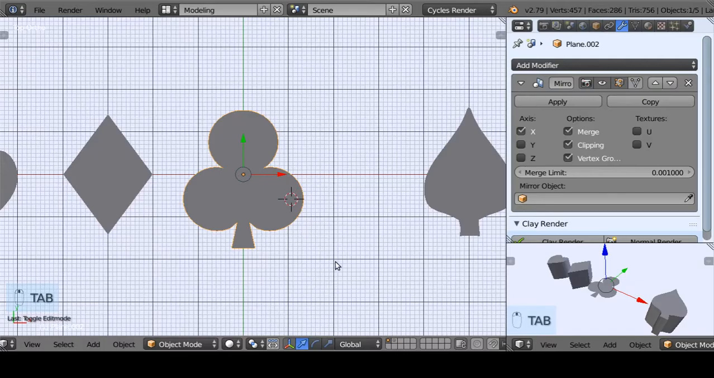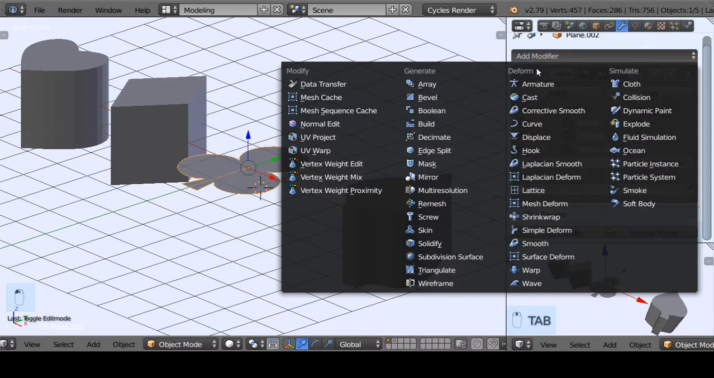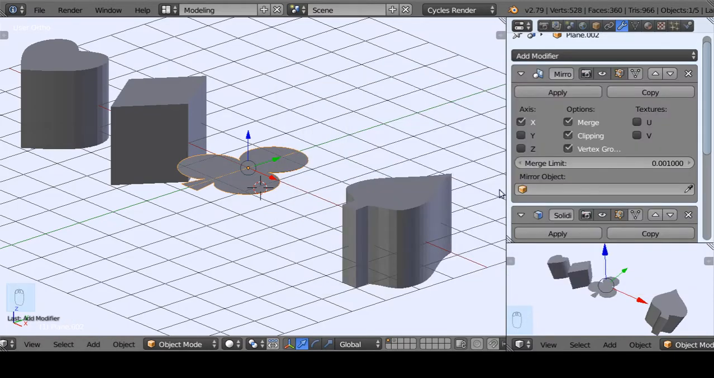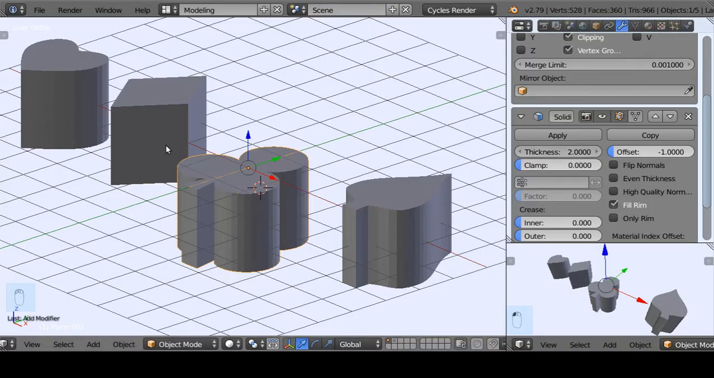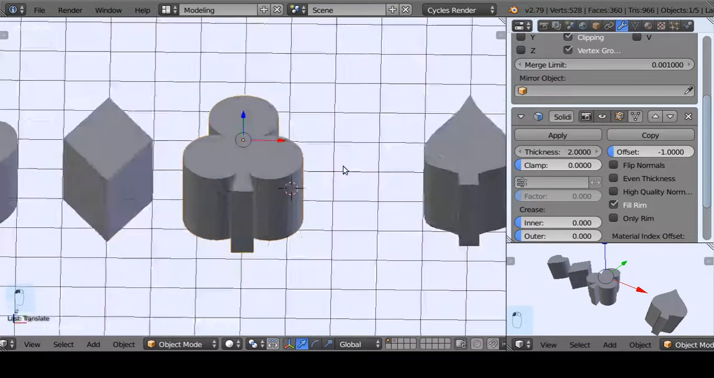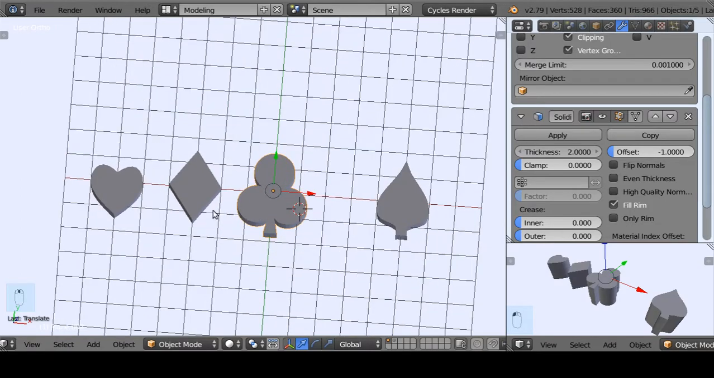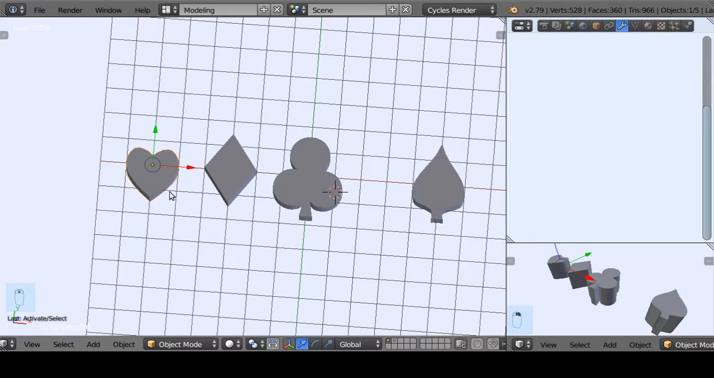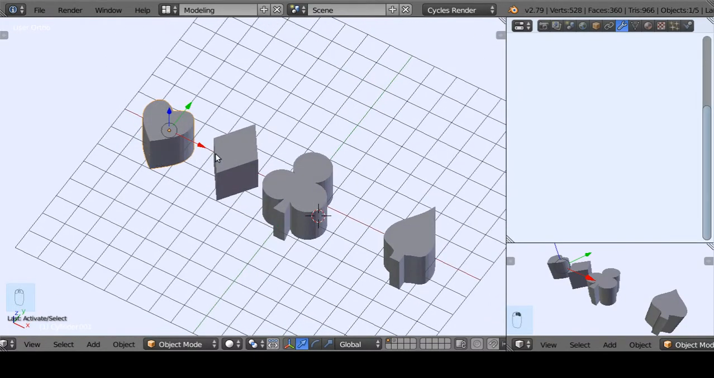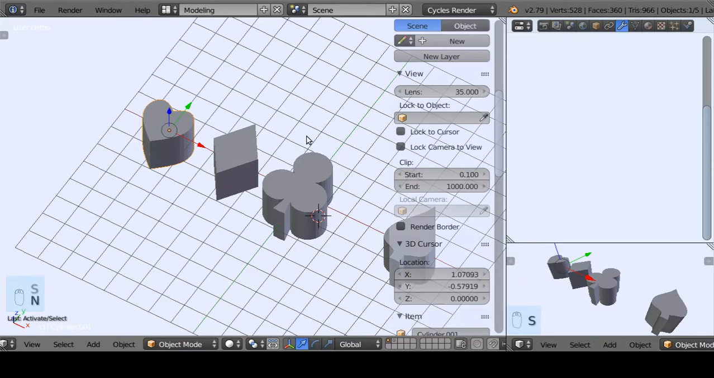So now that we have this mesh and it's flat, we can, of course, add our solidify modifier, set its thickness to 2 because that's the same as the rest of our shapes, and there we go. Now we have hearts, diamonds, clubs, and spades. Now, one note, let's say we don't want this heart to be that small because it seems a bit too small. If we want to scale it up, if I press S and just scale it like this,